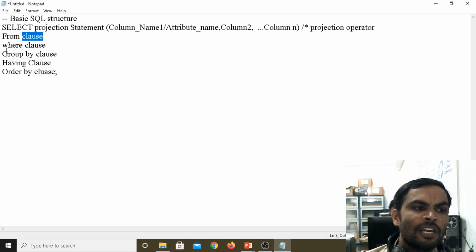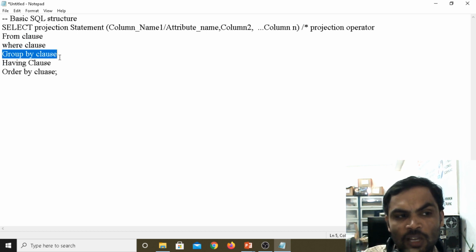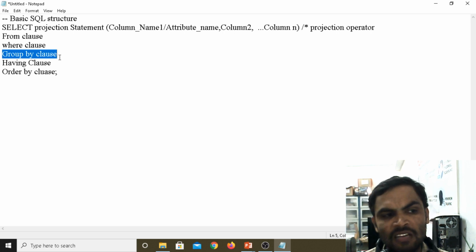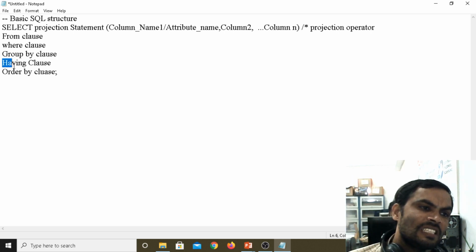Now the main purpose of the where clause is filtering the data. Group by clause means grouping the data together. The group by clause is written only for a single value when grouping the data. Then coming to the having clause, it always depends upon the group by clause.